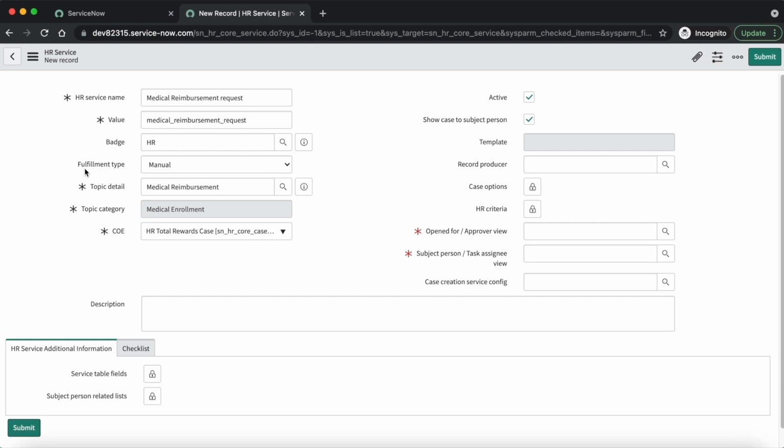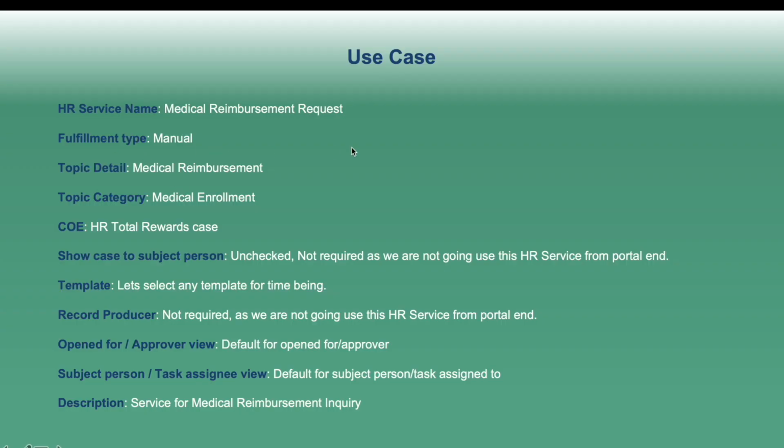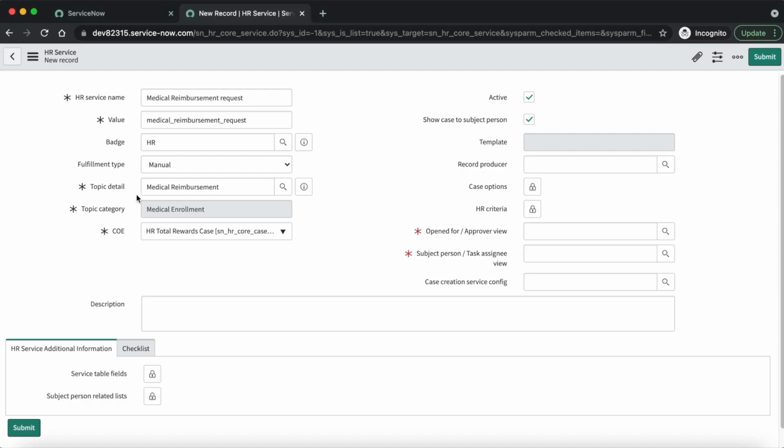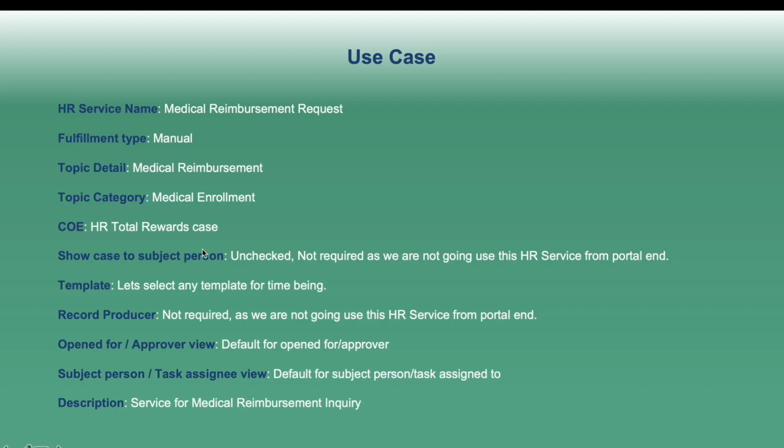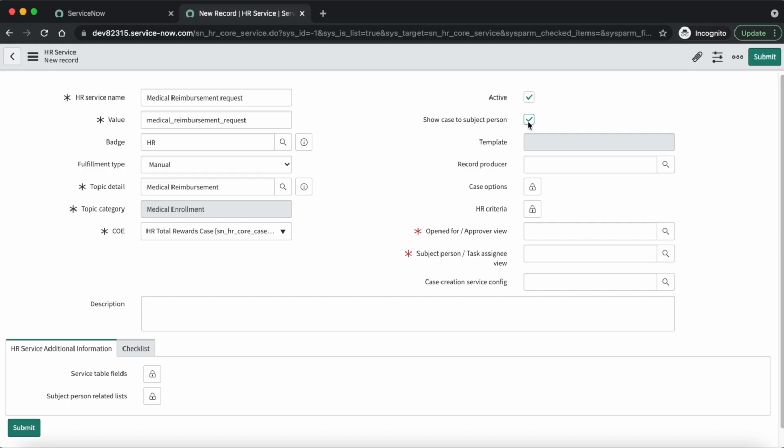The fulfillment type will be manual, and topic detail is already populated. Template will become editable when we save the form. Showcase to subject person, we don't want it, so we will make it unchecked. Record producer, we don't want it.